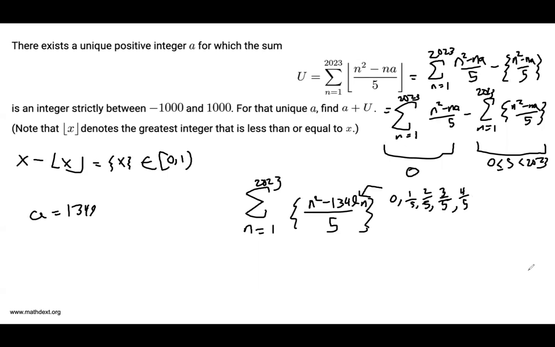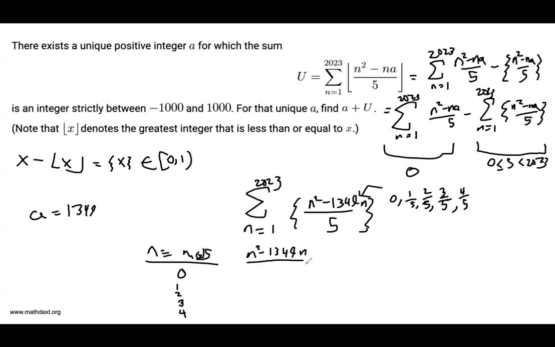remainder are we leaving. So we have a few cases for n mod 5. n could be 0, 1, 2, 3, or 4. If you're not familiar with modular arithmetic, that just means that when you divide n by 5, you get a remainder of 0, 1, 2, 3, or 4. And we can also do some very nice things with modular arithmetic. Like we could take n squared minus 1,349n